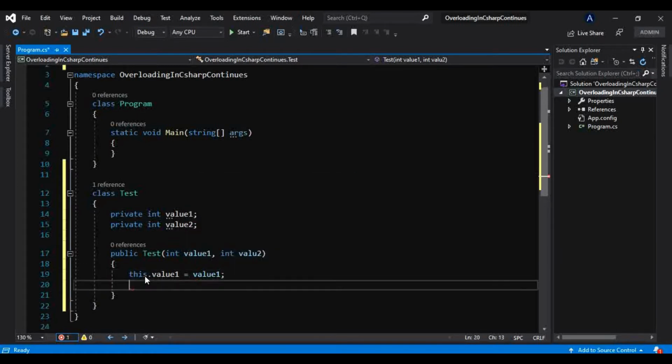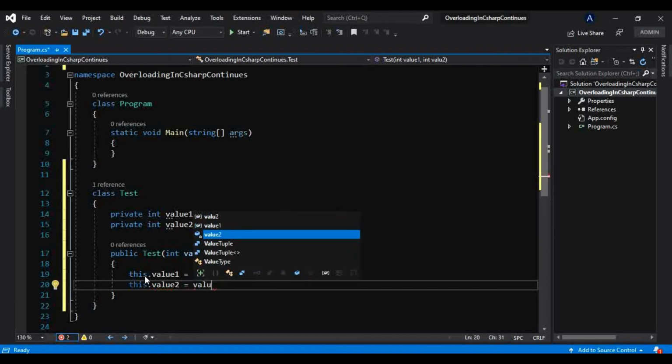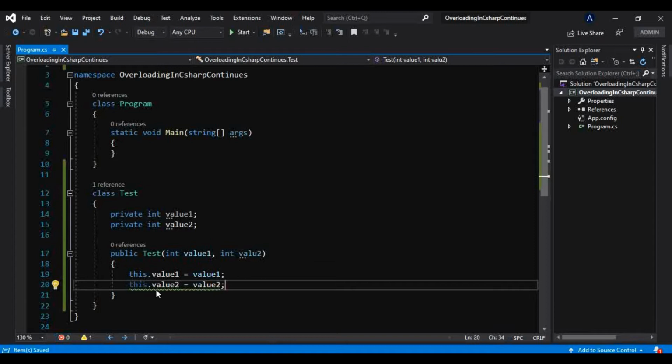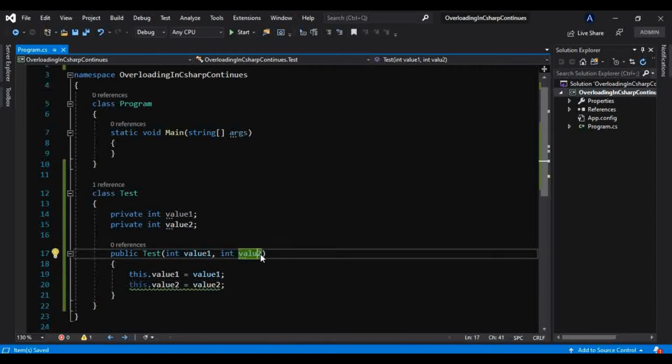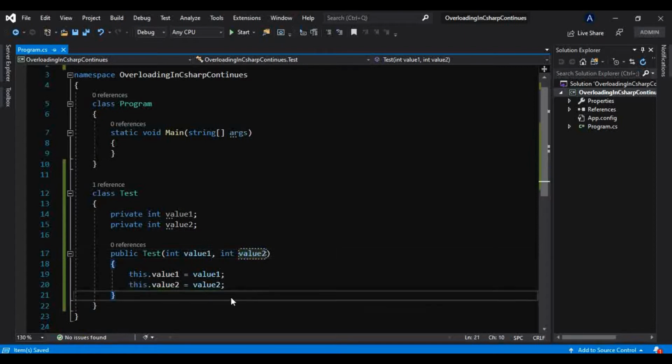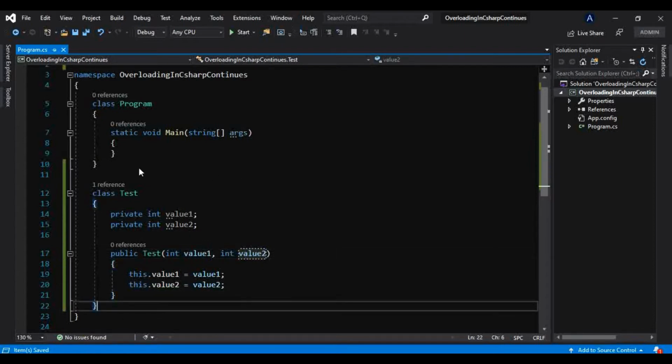I will initialize this like this, value2 is equal to value2. I had to write that correctly, that's why it was throwing an error. Now it is good to go.